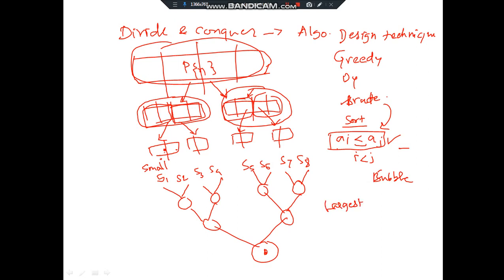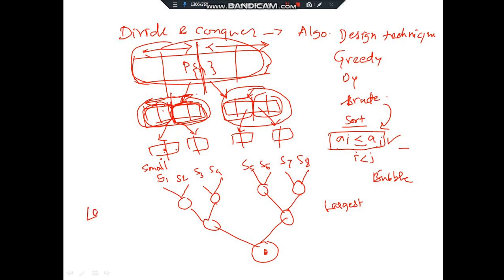So what we can do is divide this problem into smaller subproblems, and find the largest number in this area, and another largest number in this area. Again, if this is very large, we can divide it into smaller parts. Let us say the largest number in this part and in this part. So finally, we will get the largest number in this part, and then we will compare it with the largest number we received in this second part. So we will compare both of them.